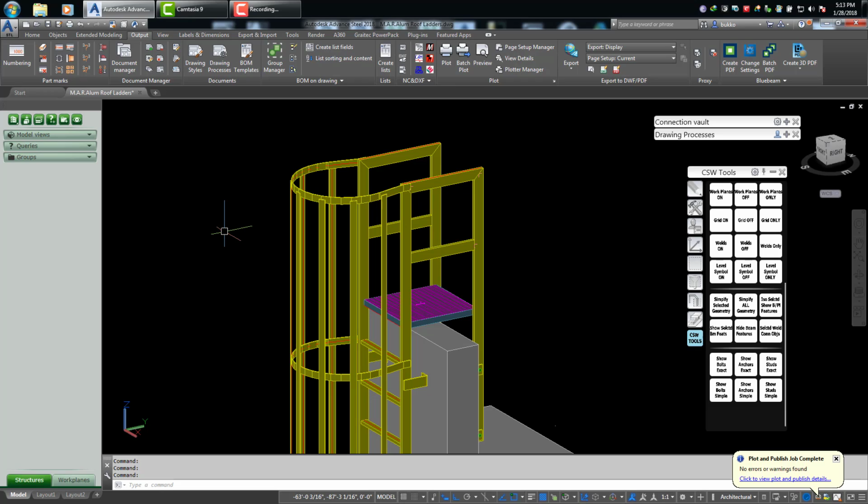Hi folks, this is Craig here from East Coast Metal Structures, and welcome to my video on cage ladder drawing styles in Advanced Steel. I want to start off by saying that my goal for any drawing that I create